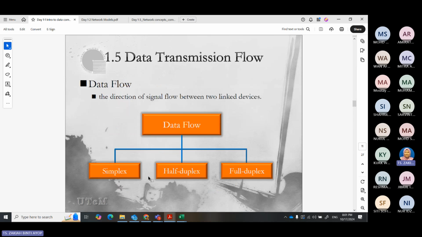Now what about data transmission flow? When you are connecting two devices, there are several types of data transmission. We have simplex, half duplex, and full duplex.